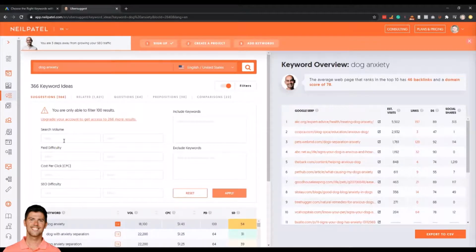And similarly to what I did with Google Keyword Planner, I'm going to say a minimum cost per click is in that point. I'll say 0.5 for this. SEO difficulty max, I'm going to say I don't want anything above 50. And anything I want to include or exclude, I'm going to keep it just like this. So over 0.5 for a minimum cost per click and nothing higher than a 50 for SEO difficulty, and I'll